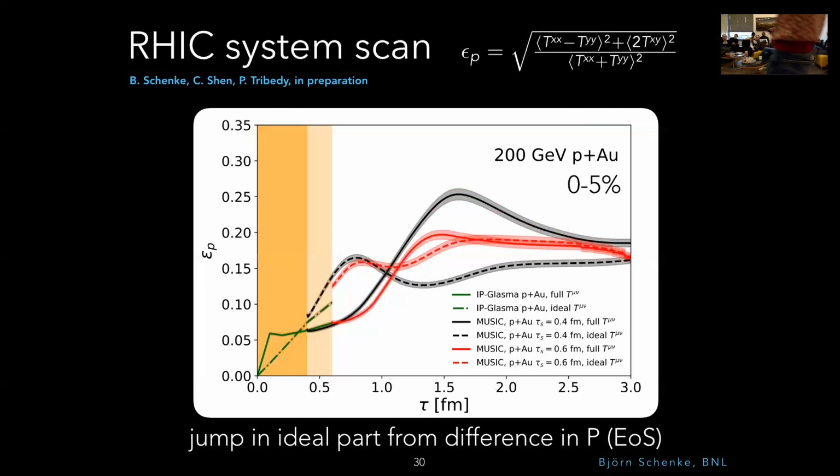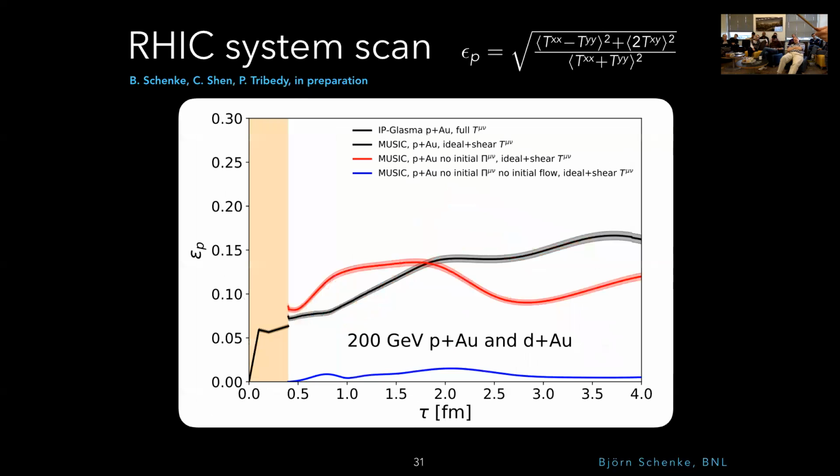But you see, actually, it makes quite a bit of difference in evolution when I switch. And my point will be to say, well, things depend on a lot of things here, very sensitively. And you should be really careful when you see hydro results for these small systems, because they will depend on a lot of inputs that people may not necessarily even tell you. So here's another thing, which is